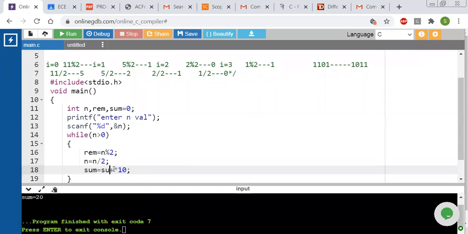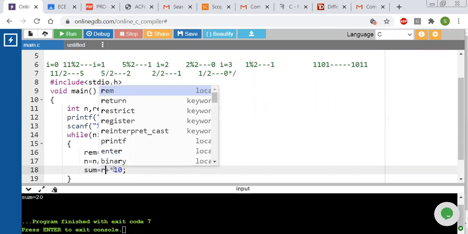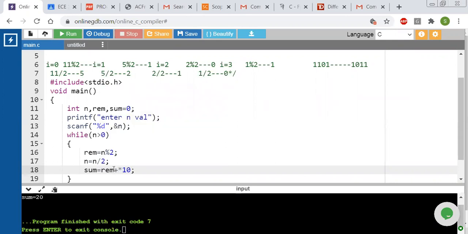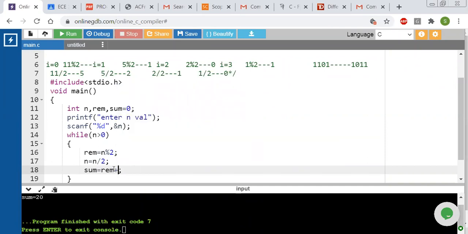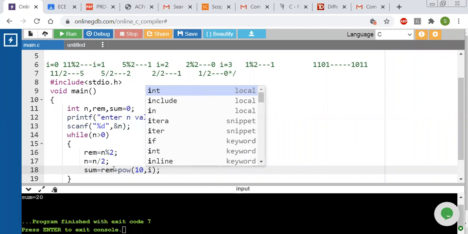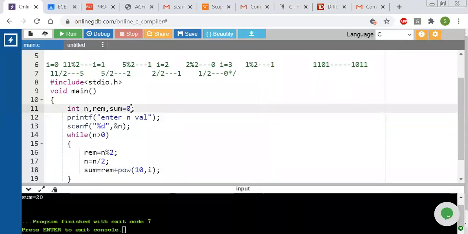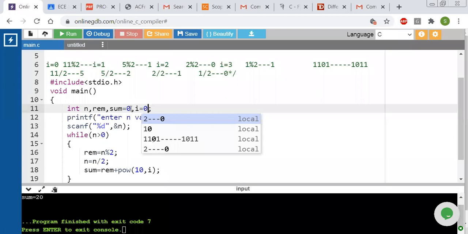Suppose if I write like this, remainder plus power of 10 comma I. We take 0 position first, then the 10th position. So if I is equal to 0, we'll take one variable here, I is equal to 0.